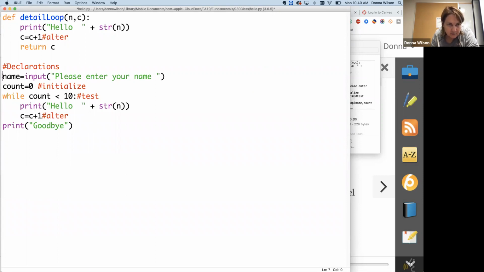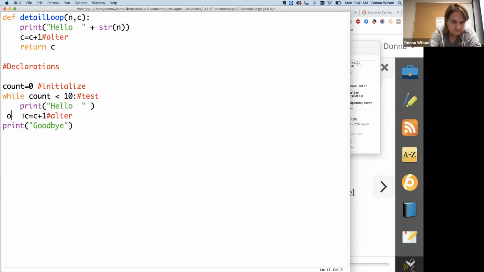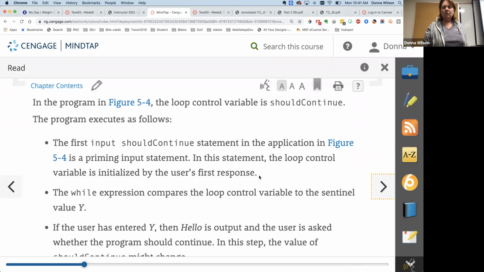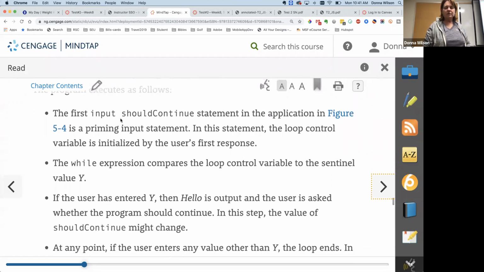So we'll take the name out. While count is less than 10, and we'll just leave it like that. And that has to be count. Count equals count plus 1. Okay, so you need to change this to where it matches the pseudocode for this loop,